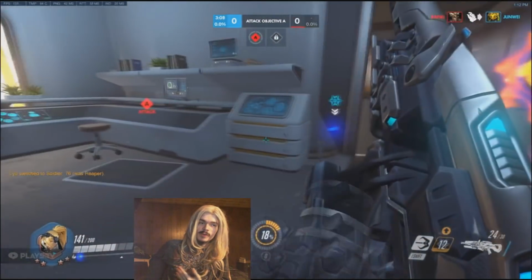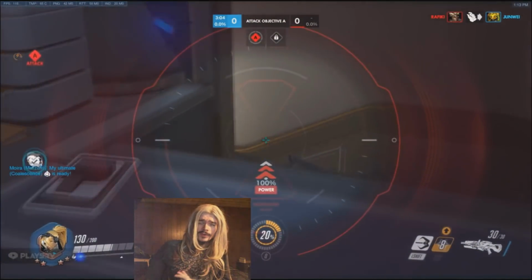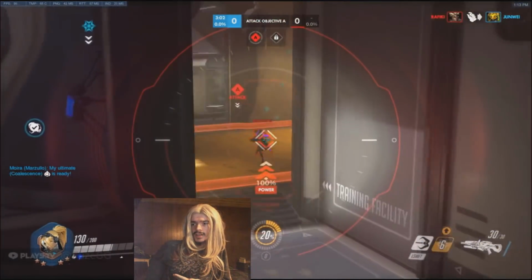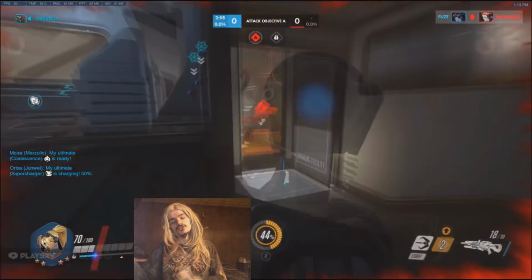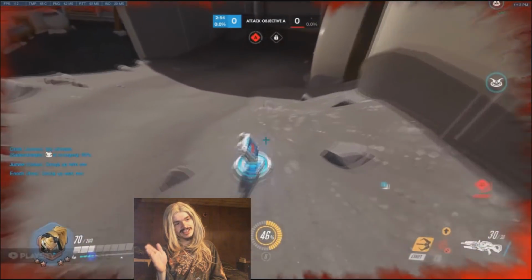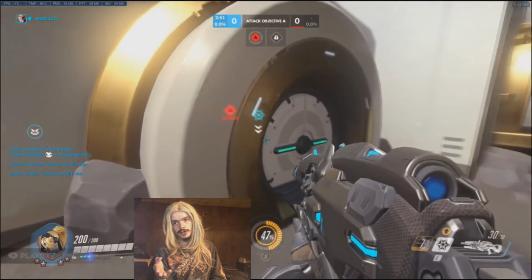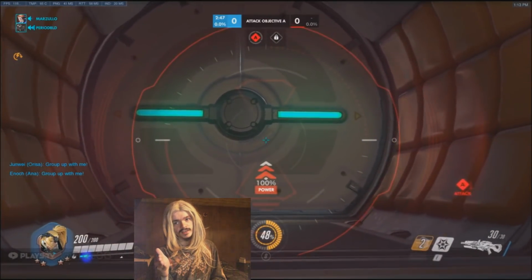That's just how it is. If you don't win the first fight, Symmetra's probably gonna get to put her teleporter down. Not always, but usually, because Symmetra's ball builds pretty fast. So, the thing is, I'm not really a very big fan of Widowmaker on Horizon to begin with, because there's just,